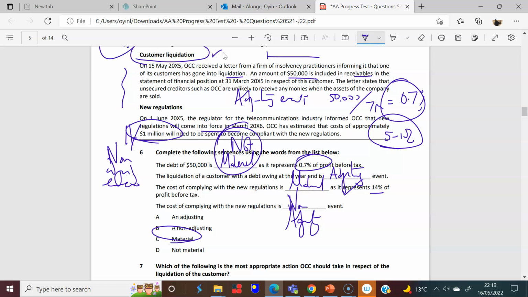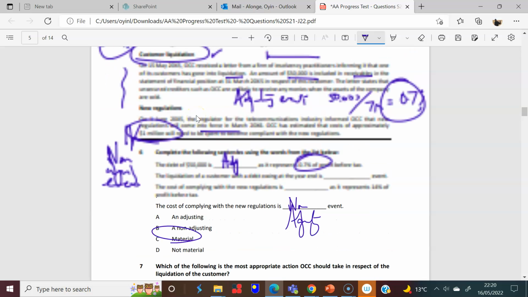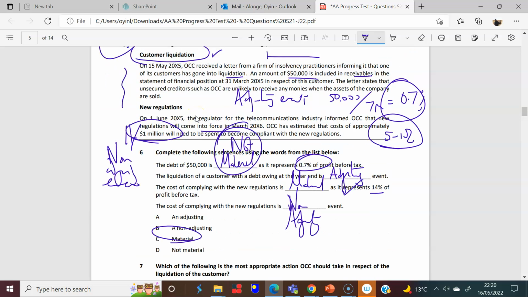Right, we're not going to start to change anything. What would we even do? Put through a provision for something that we could possibly not do in the end. We might still choose not to do it. We might choose to pack the company up because the cost of compliance is too high. So that in itself makes it impossible to actually put a provision through anyway. So there we are. Those are your answers there.